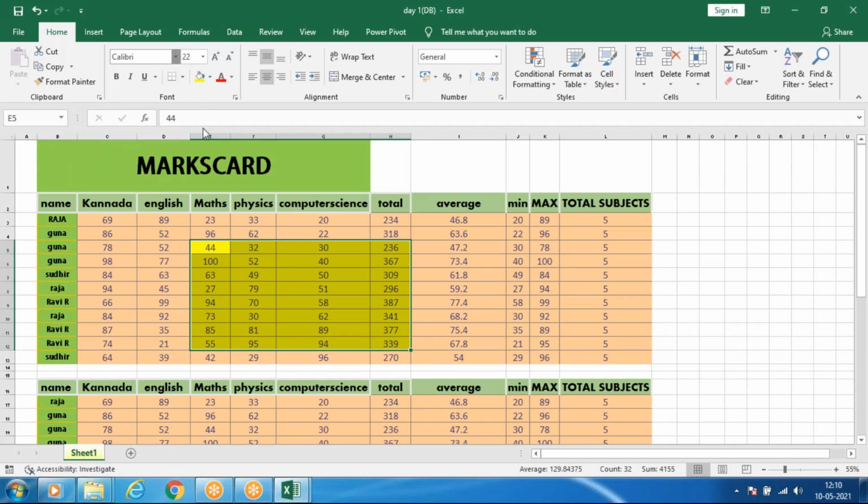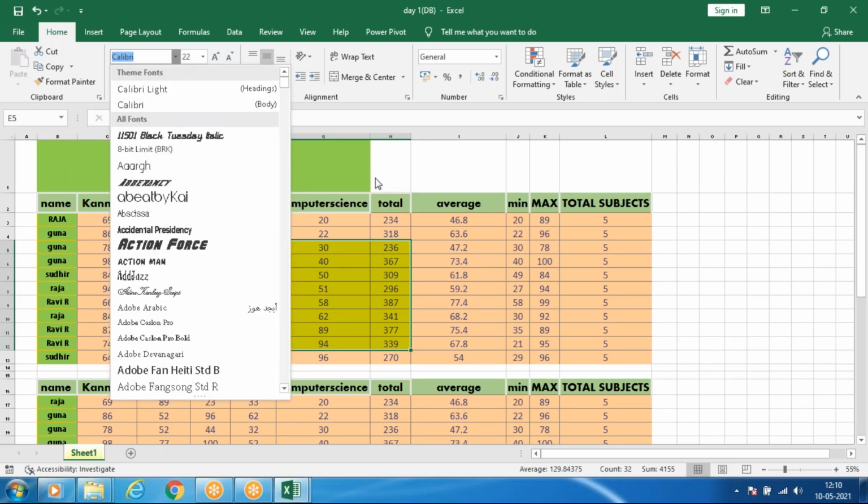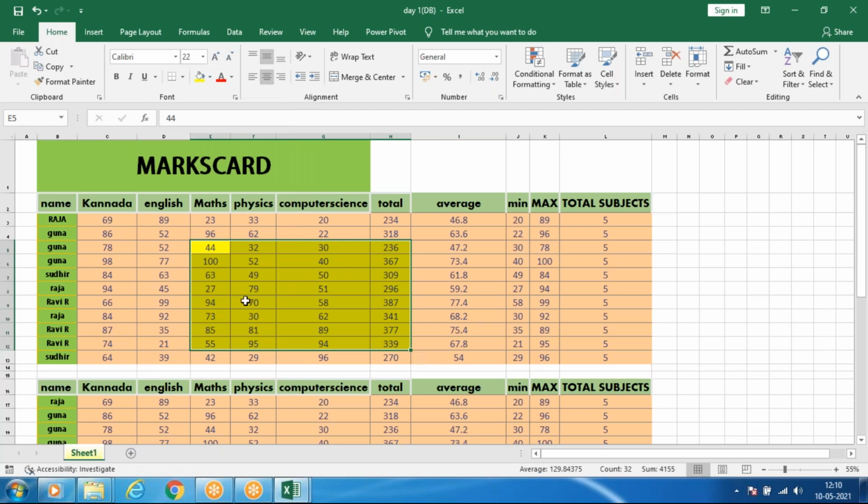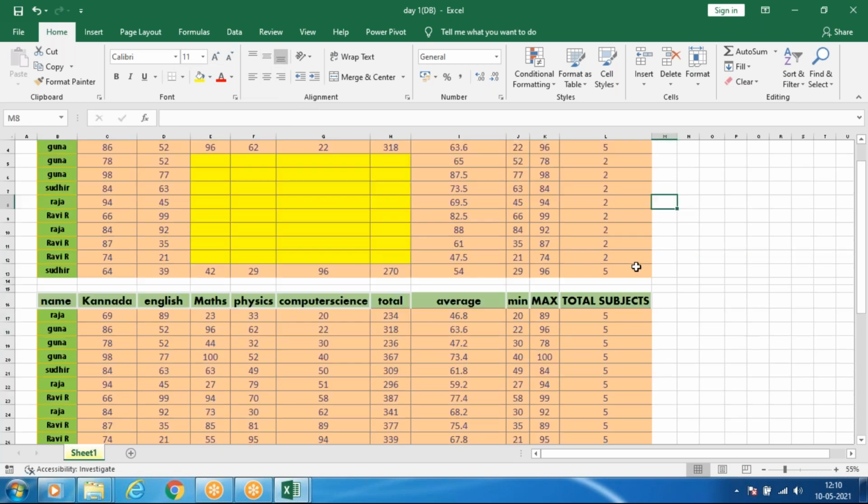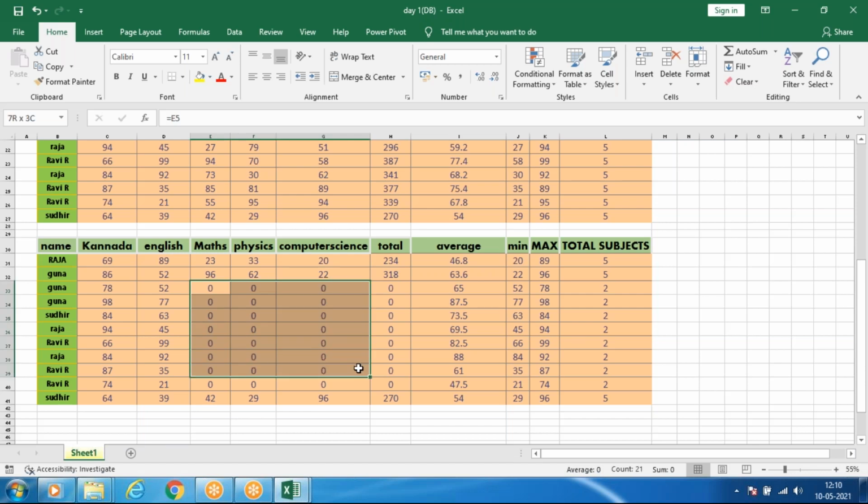For example, if I clear only the contents, see, the content is all deleted.